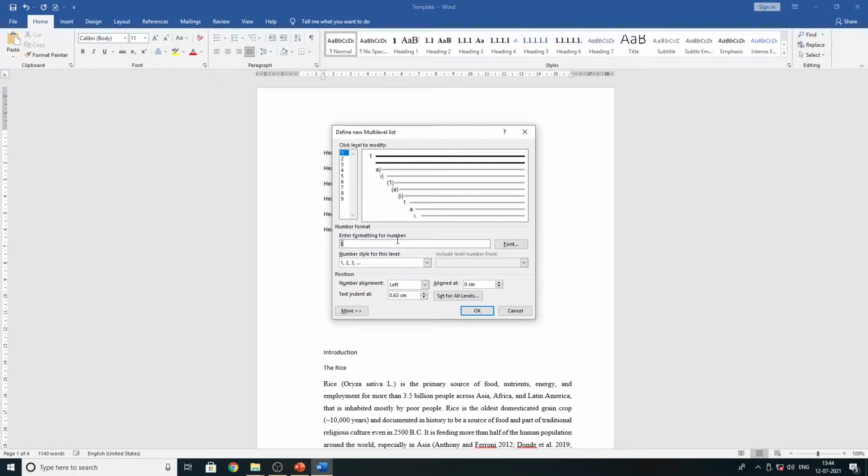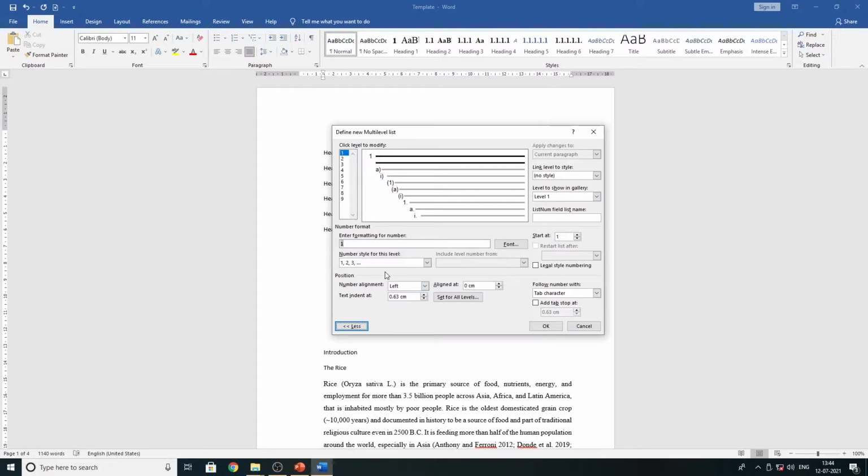So I'm going to add more options here, extending the window. Then this style is going to link with the heading style. Okay, there is no style mentioned over there. Click on that arrow, and you will find Heading 1. I'm going to link that one, Heading 1. Okay, click OK. Now see, Heading 1 is linked with the first level.